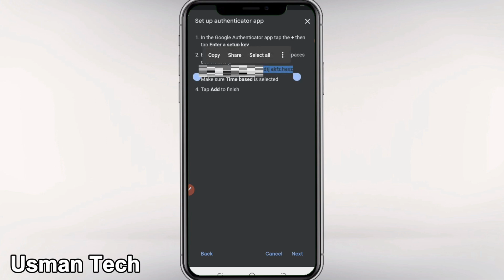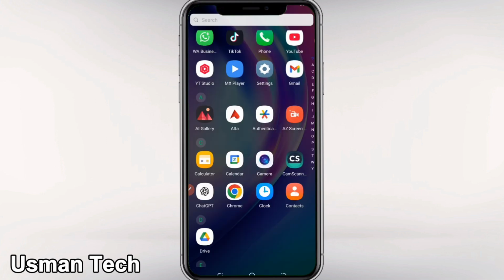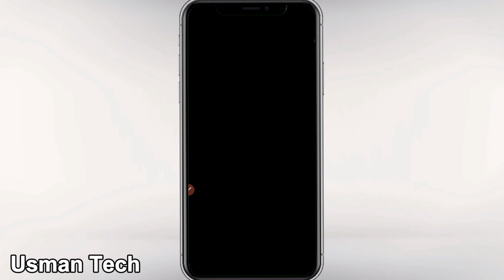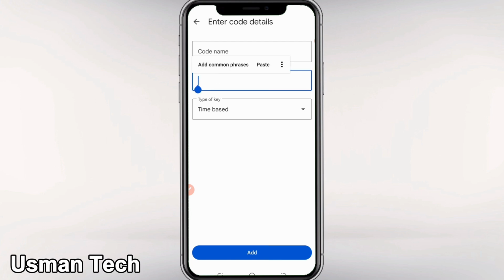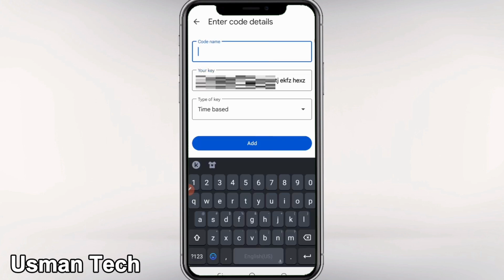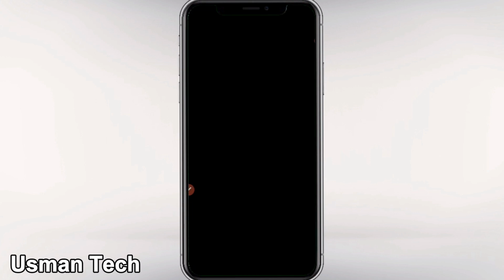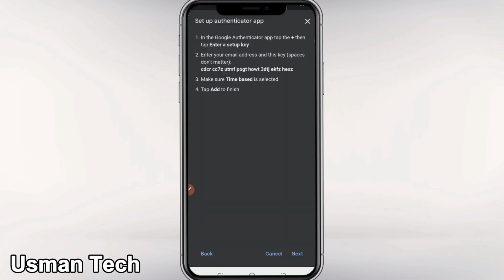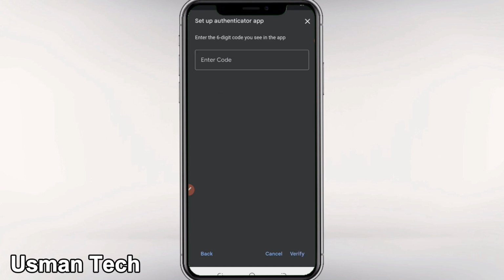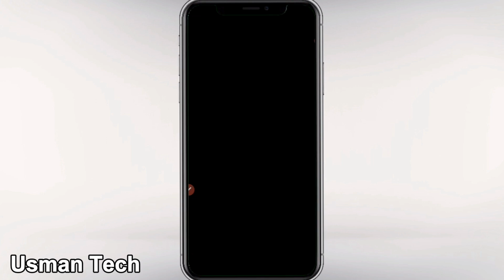Copy this key, open your authentication app, tap the plus button and choose add account. Paste the key here and add your account name. Then click add. Now go back to your Google account settings and enter the code from your authentication app and click